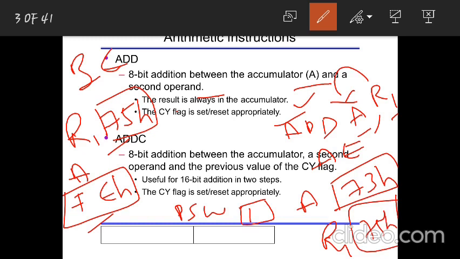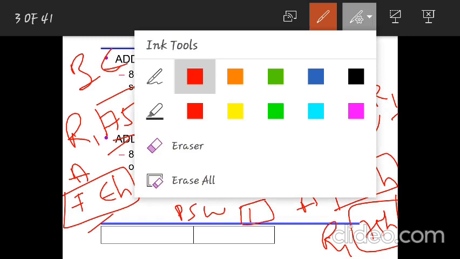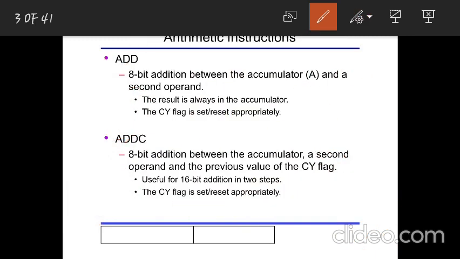Then one more thing is, not only this carry bit, you also have different flags in PSW. The flags which can be affected by adding these two are the carry flag, auxiliary carry flag and parity. Just try to recollect the PSW register, because let me clear this and write here clearly. Yeah, these are the flags. One is CY, carry flag, one is auxiliary carry, and another is parity.